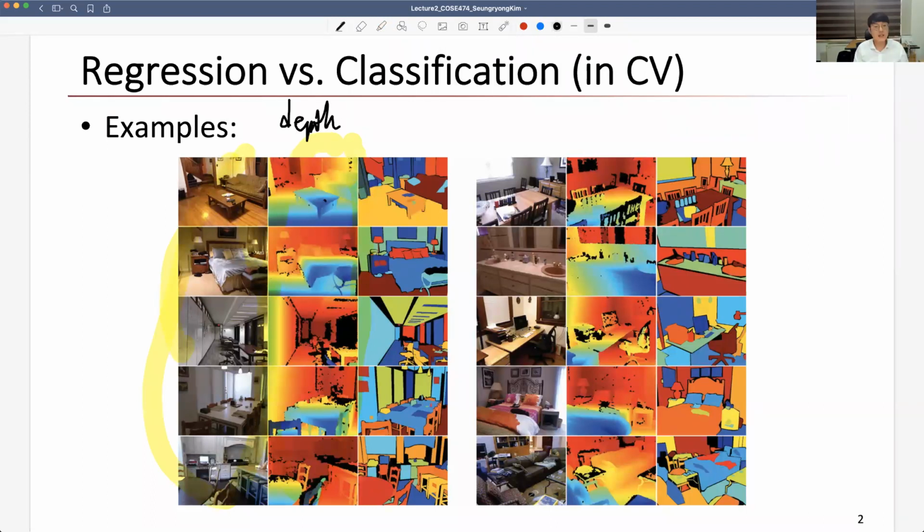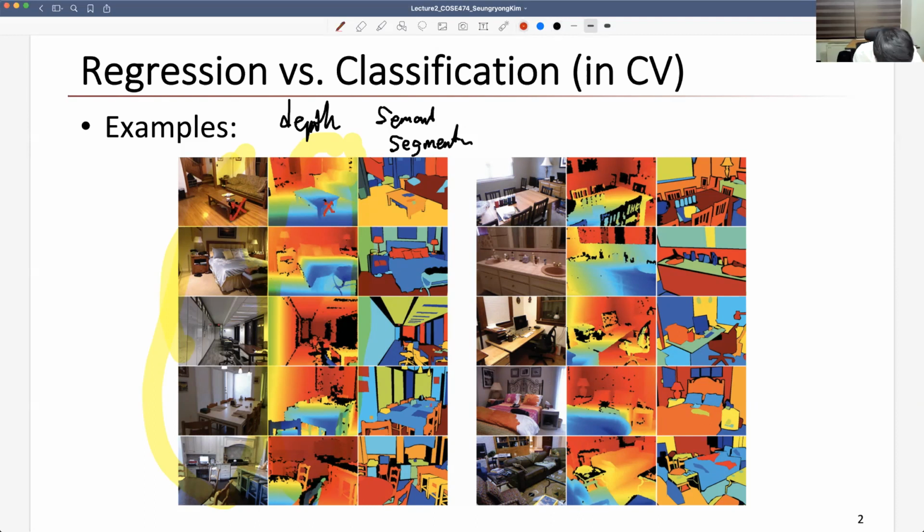The depth information means the relative distance for each pixel, which represents the distance of each object. Another example, of classification, is semantic segmentation. So the main difference between depth estimation and semantic segmentation is that depth is a continuous value and semantic segmentation values are discrete. So the objective of depth estimation is to estimate the continuous depth values per each pixel, something like